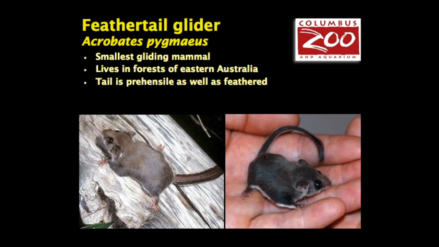And their tail's prehensile in addition to being feathered. If you look, you can see the little feathery hairs along the edge, but they can actually grip onto it a little bit too, which is kind of a neat adaptation. The other feather-tailed type animal, which happens to be another sort of tree shrew, doesn't have a prehensile tail. It's in its own family, Acrobatidae, but it's within that major group that includes wombats and koalas and kangaroos.